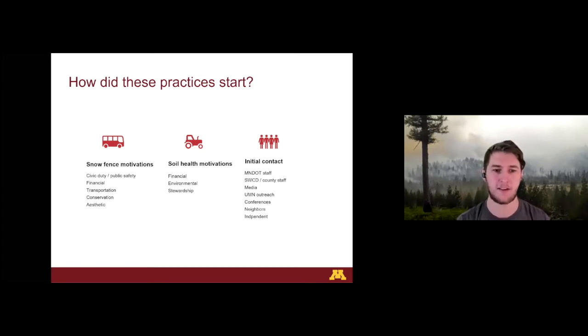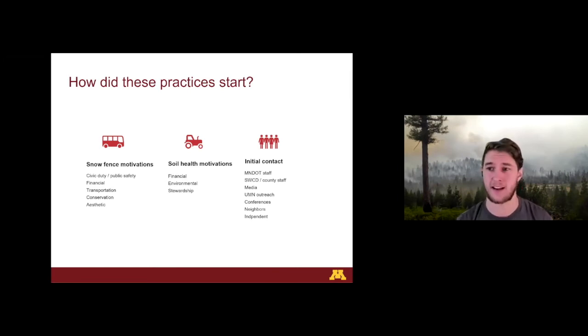So the motivations for those adding snow fences, number one, most commonly we're seeing an affirmation of civic duty or a dedication to public safety. In comments you see someone saying, I would do this without the money. The payment is nice, but I'd do this without the money. Obviously, that's reflective of that particular person's financial situation, but that's not an uncommon sentiment. The benefit is that one life saved is worth however many hours I dedicate to this a year.